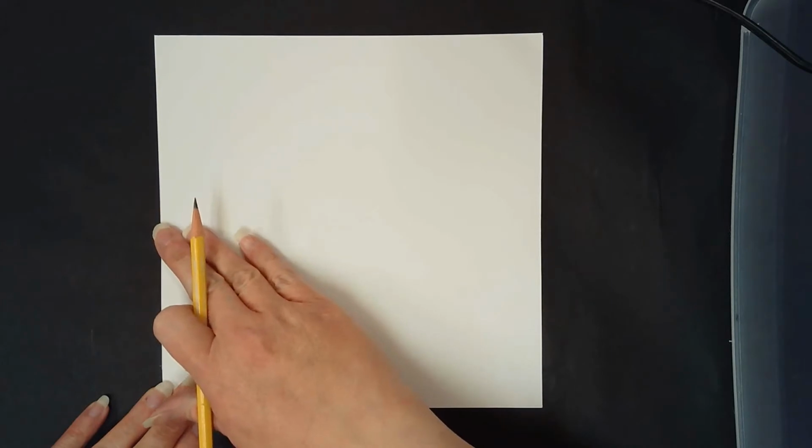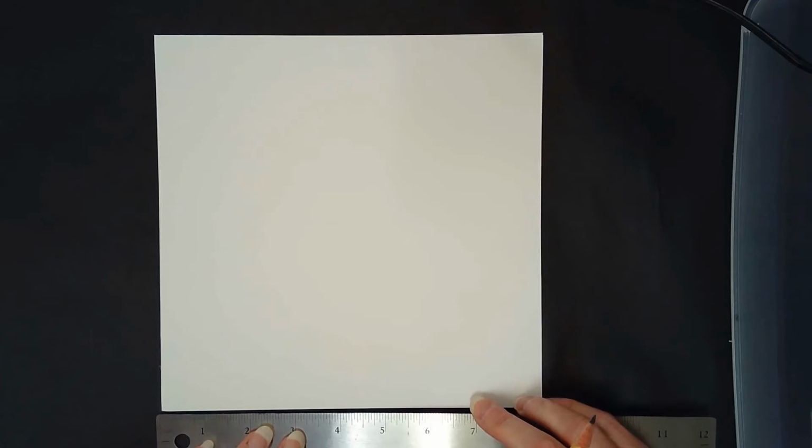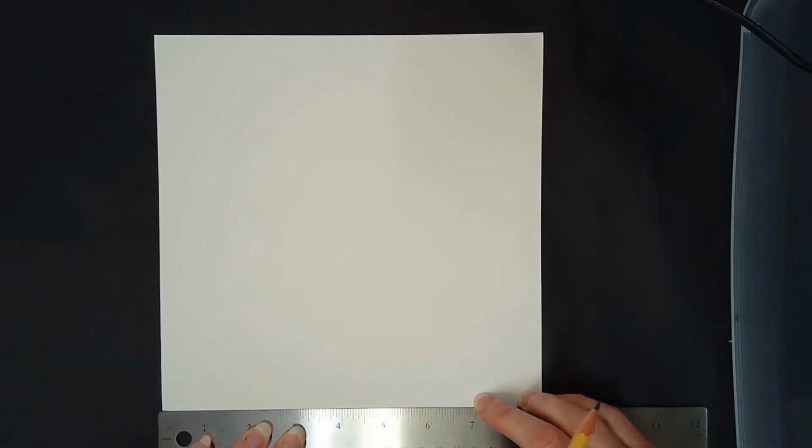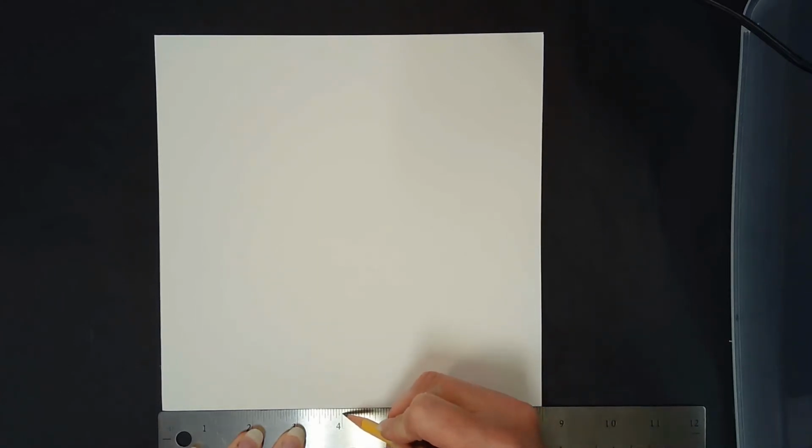My first step is to make small dots around the outer edge of my paper at the halfway measurement. So I'm going to start at the bottom, and I'm going to line up the zero of my ruler to the left edge of my paper, and this measures 8.5 inches. So half of 8.5 is 4.25. So I'm going to find my 4-inch mark, then my 1/4-inch mark, and I'm going to make a small mark